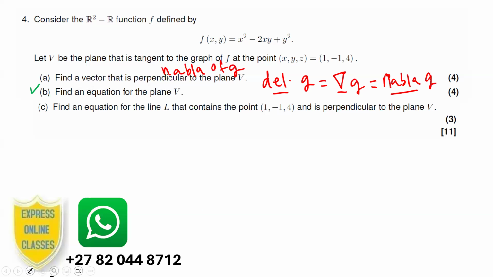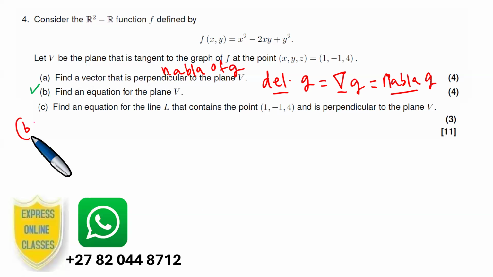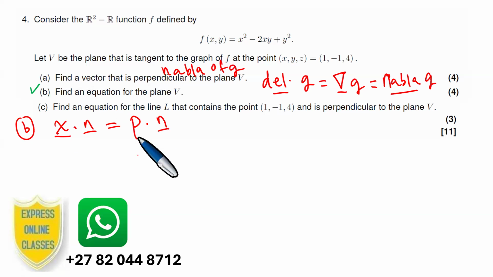Okay, now at this point, to answer question B, to find an equation for the plane, we're going to use a very famous formula. So we use x dot n is equal to p dot n. This is the formula that we learn, and it is a very important formula that must be understood. So now this formula allows us to take an arbitrary vector x with the coordinates x, y, z, like this,